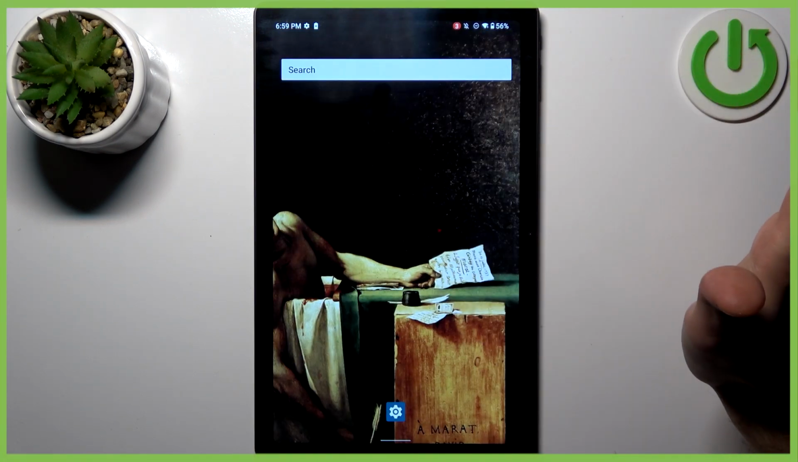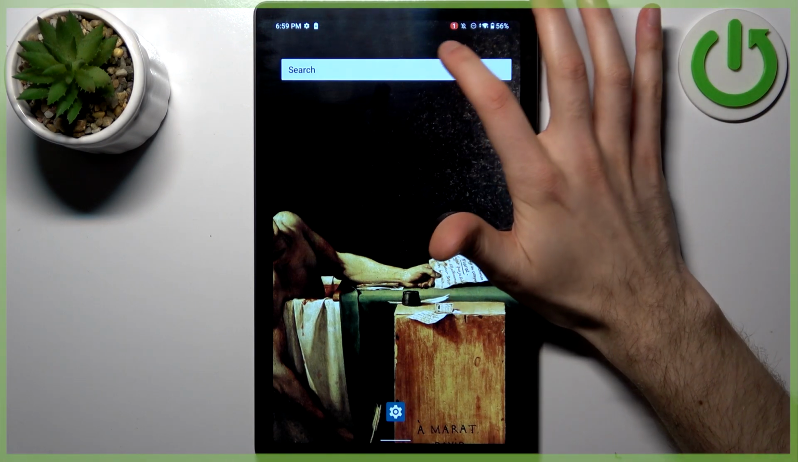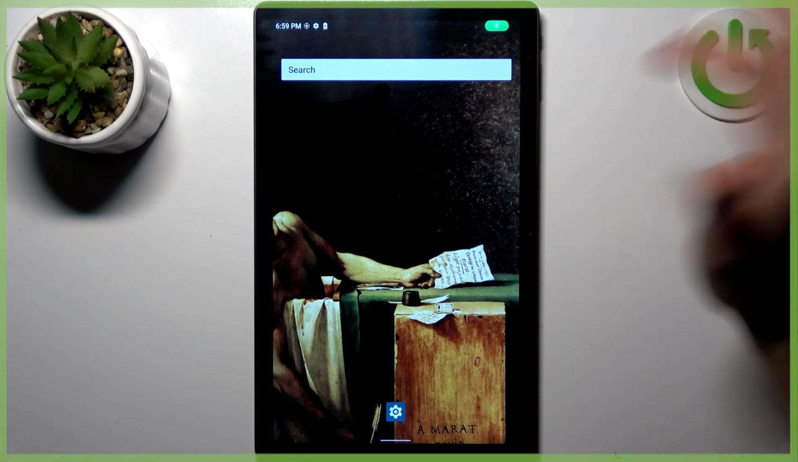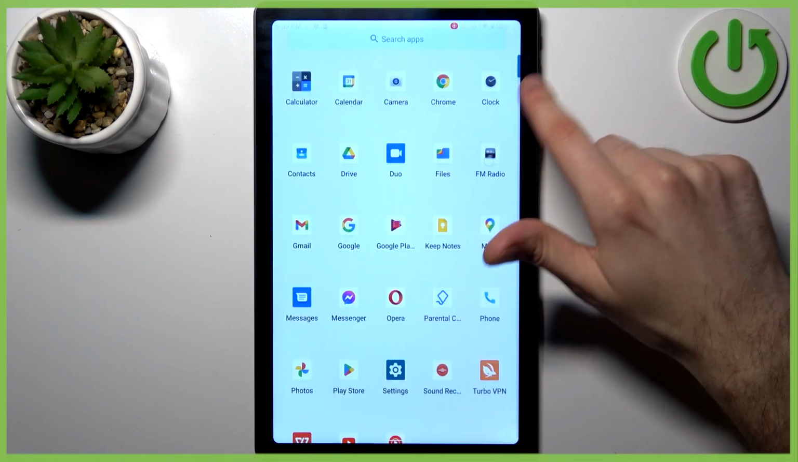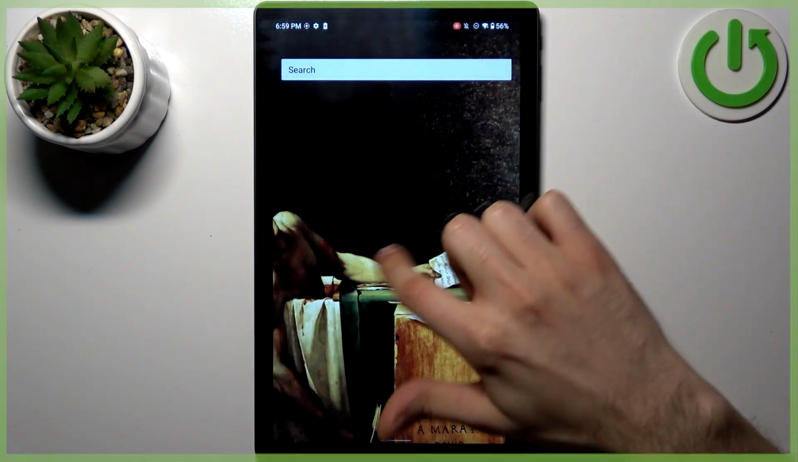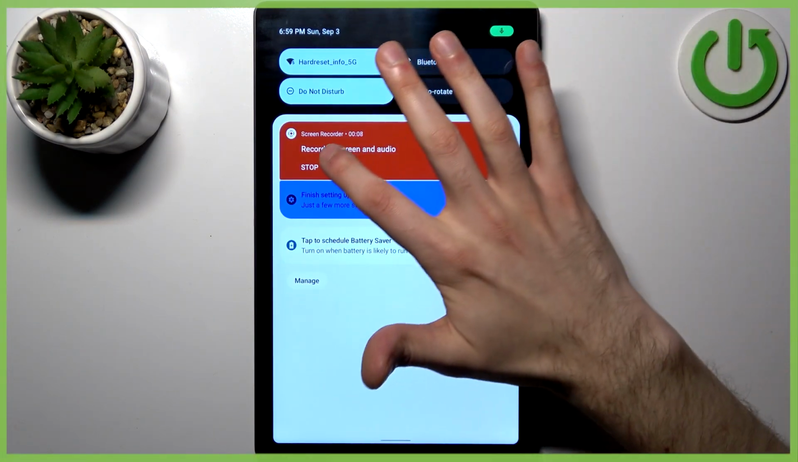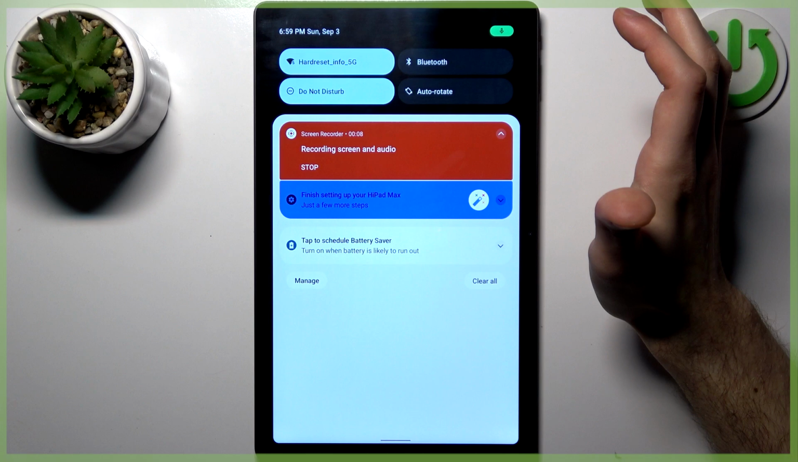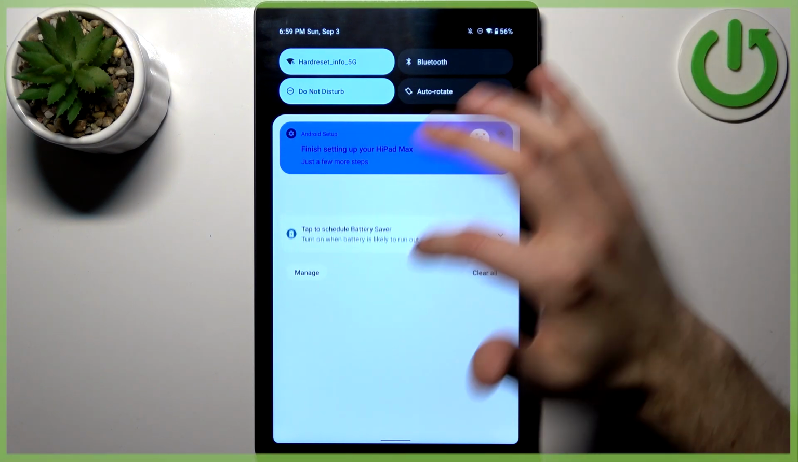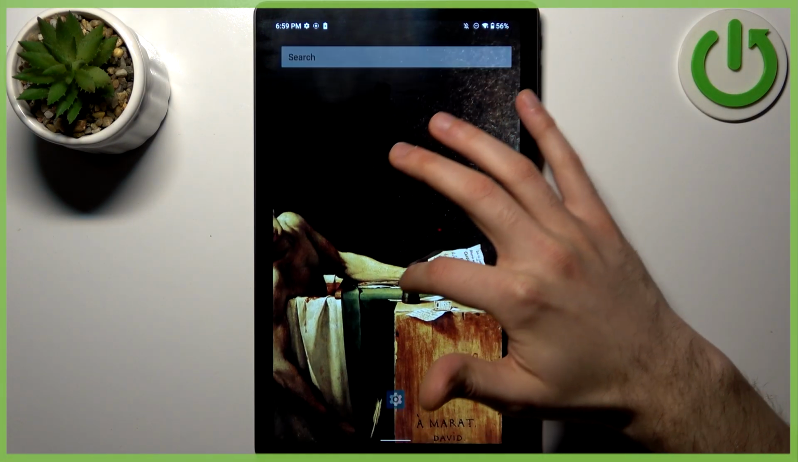So by tapping start, after countdown, recording starts. So now it's on, we can record our screen. So when you're done recording, you just go to the upper bar and tap stop here. And after that, recording will be saved to the gallery,